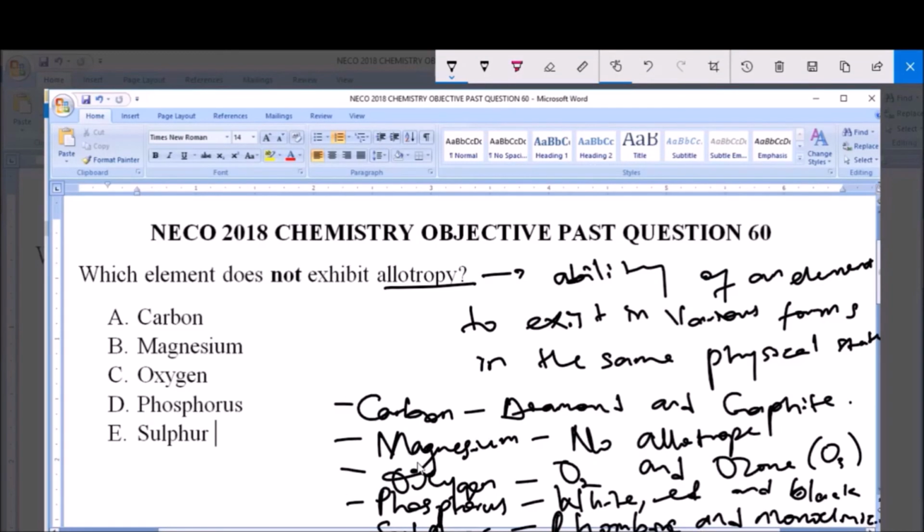Now you see that from this description, only magnesium here does not exhibit allotropy, that is, does not have allotropes. And so magnesium is the answer to this question, because the question is asking us for an element that does not exhibit allotropy. So the answer to this question is